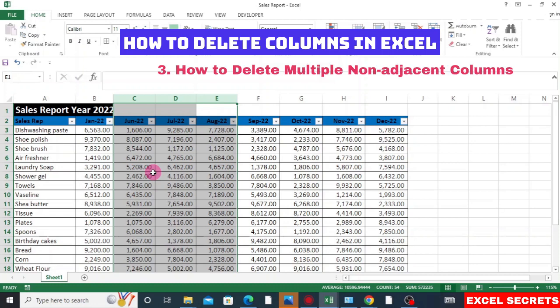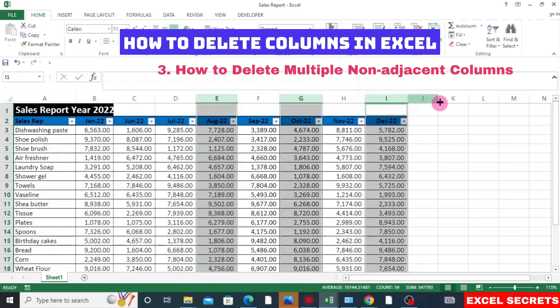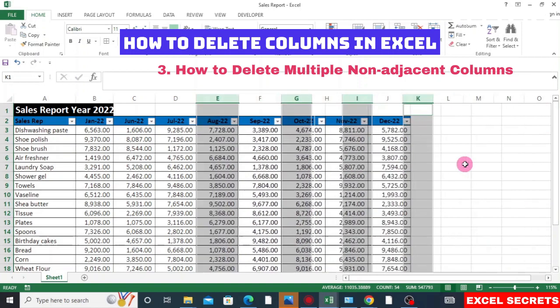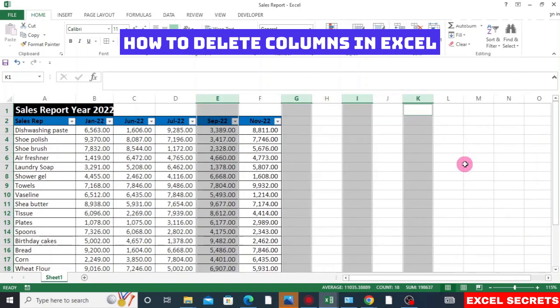So to delete multiple columns that are non-adjacent to each other, select the first column that you want to delete and then press the Control key on your keyboard as you select the other columns. So once you're done selecting, release the Control key and then right click, then click delete. There you go. So that's it about